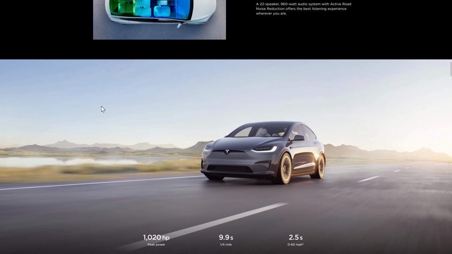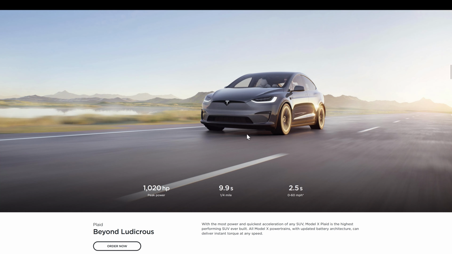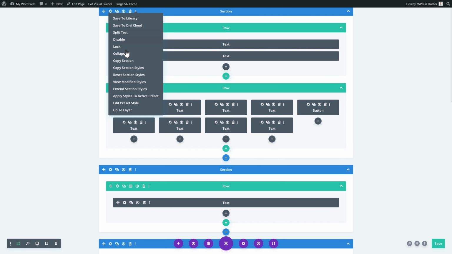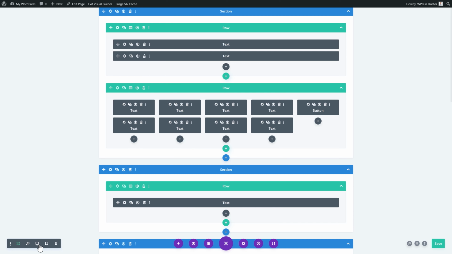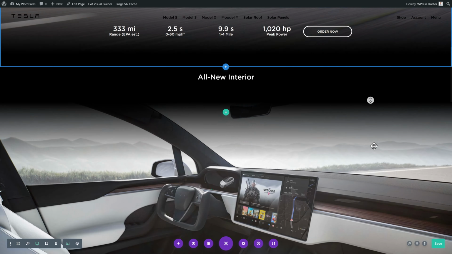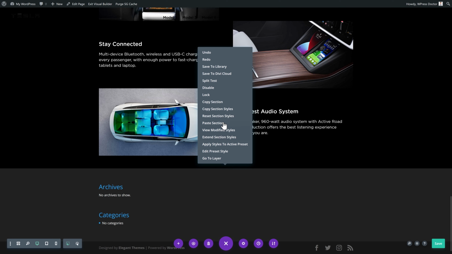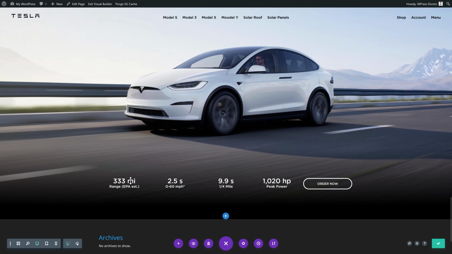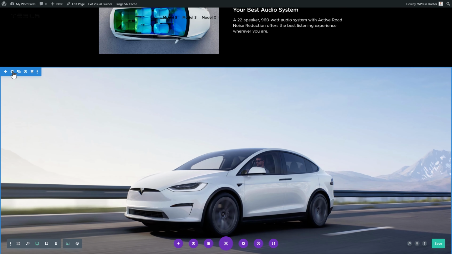All right, the next section. Now this section is exactly the same as the first one. So we can just go over here and we're just gonna copy this section. Oh, I can't reach it anymore. So we just press copy section. And we just scroll down and we just press paste section like this. There's no text in it, so we're gonna remove it. Remove this one. Also, oh, this one is still there.